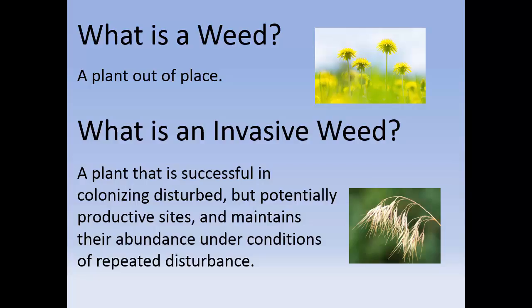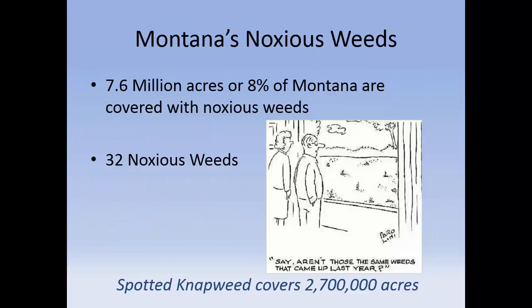Yes. Okay. Notice I haven't yet mentioned noxious weed. Noxious weeds are both of these things, right? They're unwanted plants and they're invasive. Okay, so let's talk a little bit about those. Our noxious weeds, there's actually a law that defines them, a Montana law, and that is any exotic plant species established or introduced to the state that renders the land unfit for agriculture, forestry, livestock, wildlife, or other beneficial uses, or harms our native plant communities. That is a definition of what our noxious weeds are, okay?